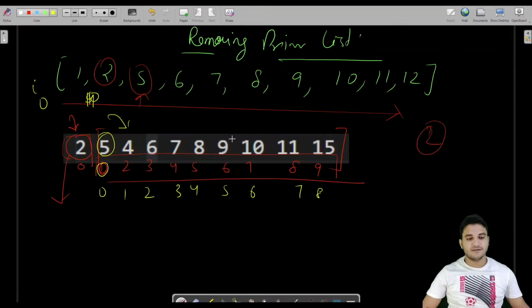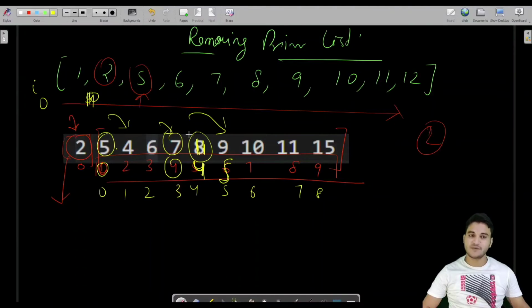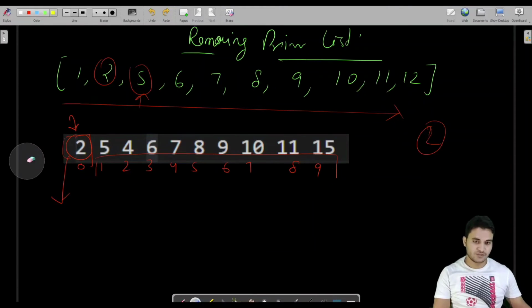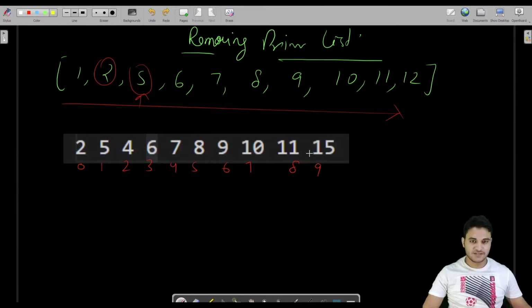Let us say we have 11 here, and let us say this was prime and we have removed it. Once we have removed it, the index for this would be 4. So if previously the index was 4, now of course the index would be increased to 5. So the loop would come here. The loop will not check this 11, although 11 is a prime number. That is why this is not working. So we have to overcome this. We have to think about a logic, how we can do this in the same time complexity and the same space complexity also. The logic is very simple. See it very carefully. We were checking the elements from here and removing the elements from here.